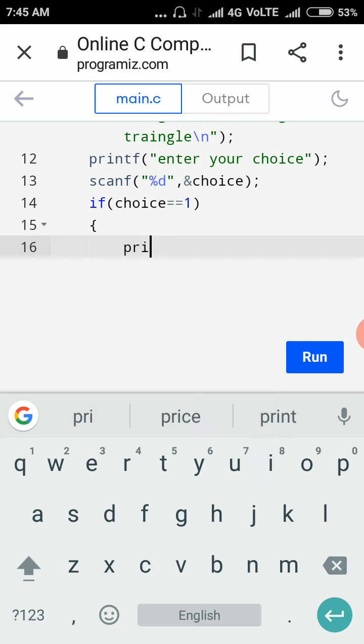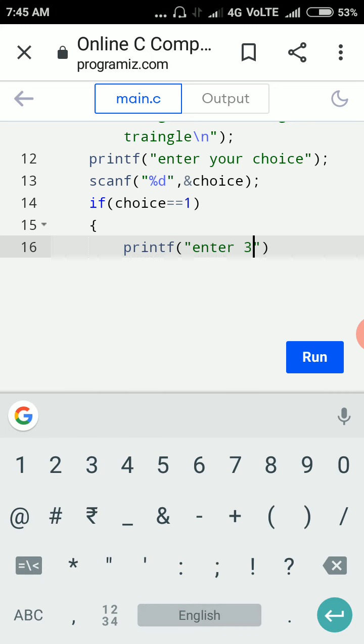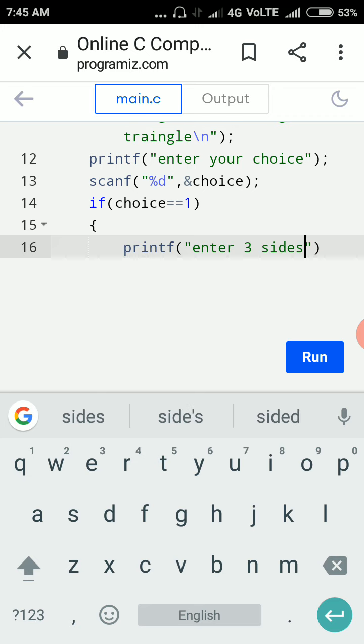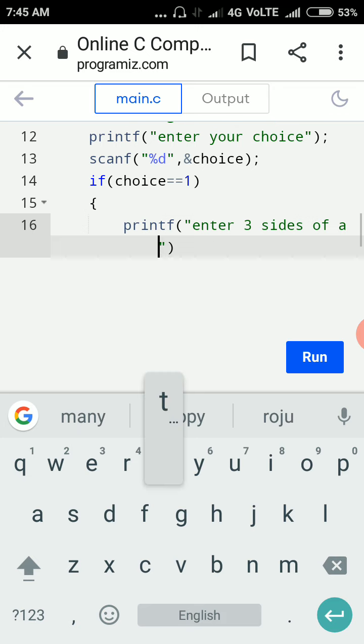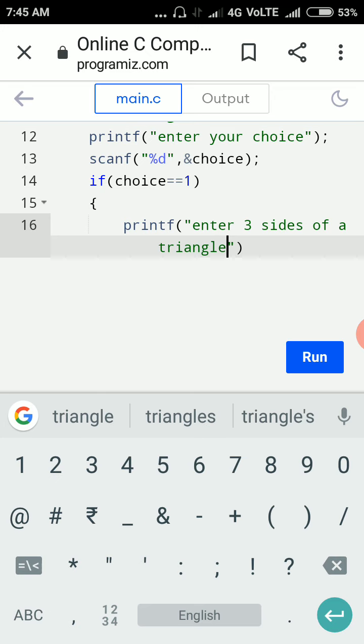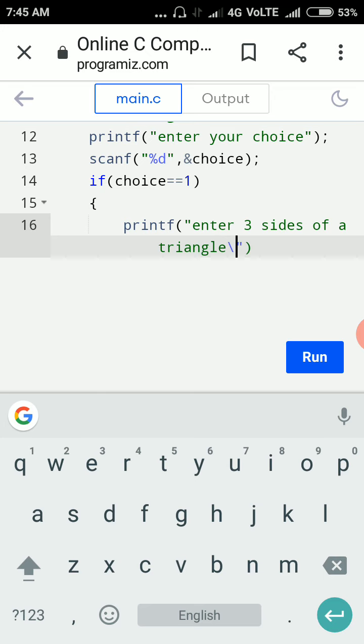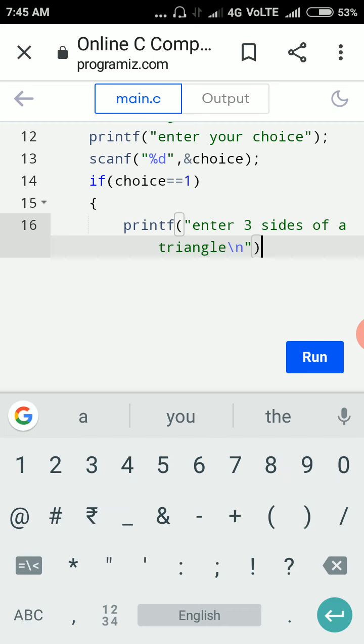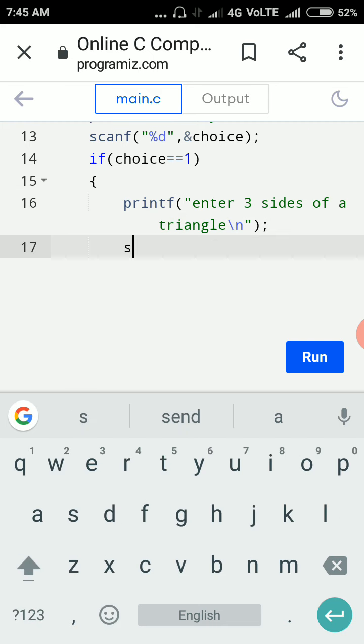So printf, enter 3 sides of a triangle. Again I am keeping a new line, ends with a semicolon, and next the scanf function.